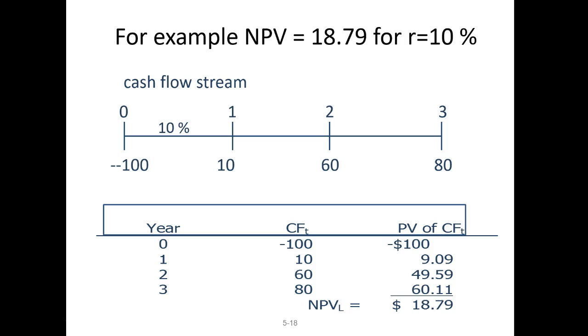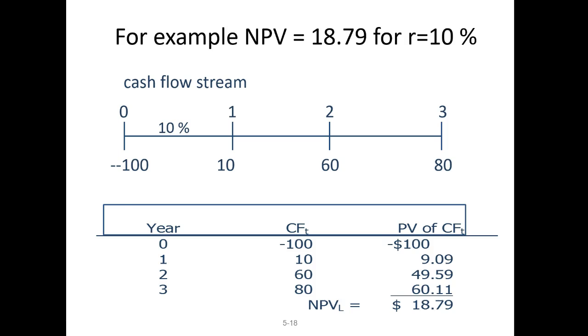So let's take the example we have been using. So we did the NPV calculation, as you recall. Again, I'm showing you this slide again from one I had shown you earlier. With the discount or the hurdle rate of 10%, you see on the bottom right corner, we came up with the NPV of 18.79. Now, if we go in and change the R from, say, 10 to 12%,